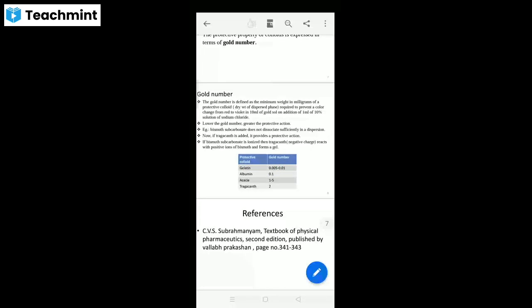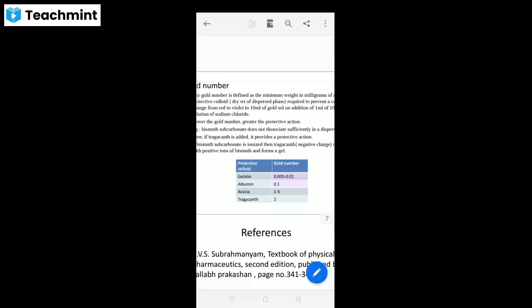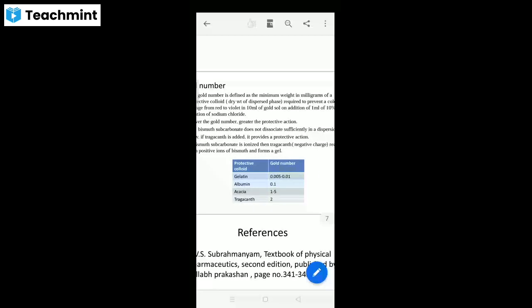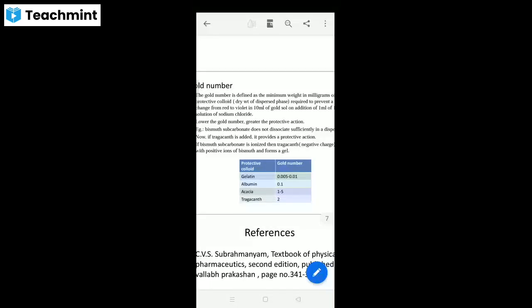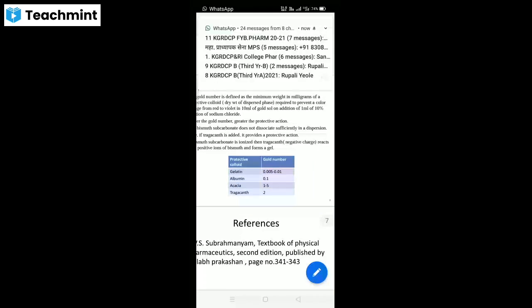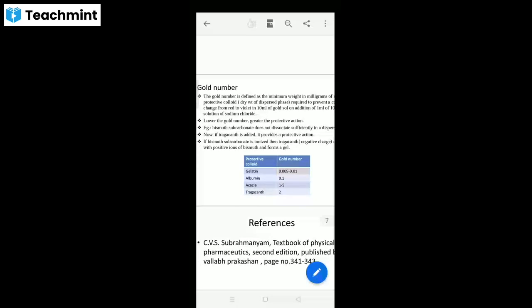Okay, now what is that dispersion? Again I am repeating, you have to concentrate. The gold number is defined as a minimum weight in milligrams of a protective colloid required to prevent a color change from red to violet in 10 ml of gold sol, in 10 ml of gold sol, on addition of 1 ml of 10% solution of sodium